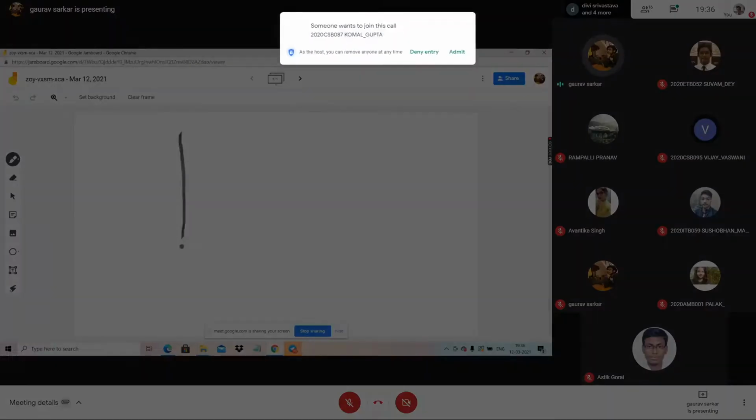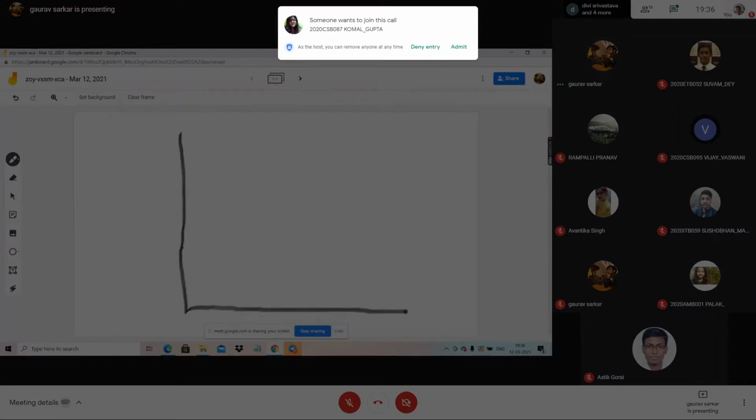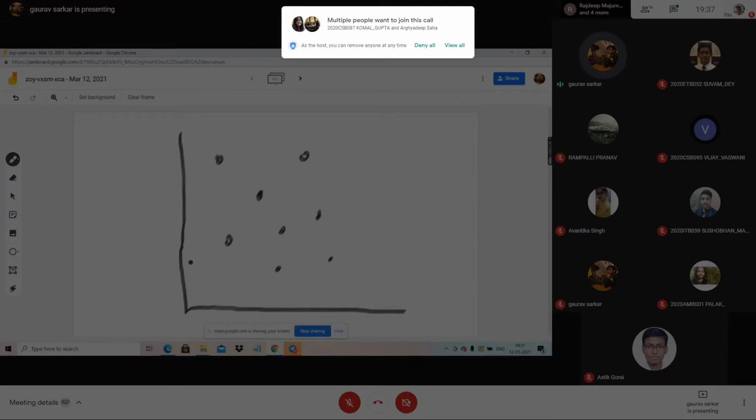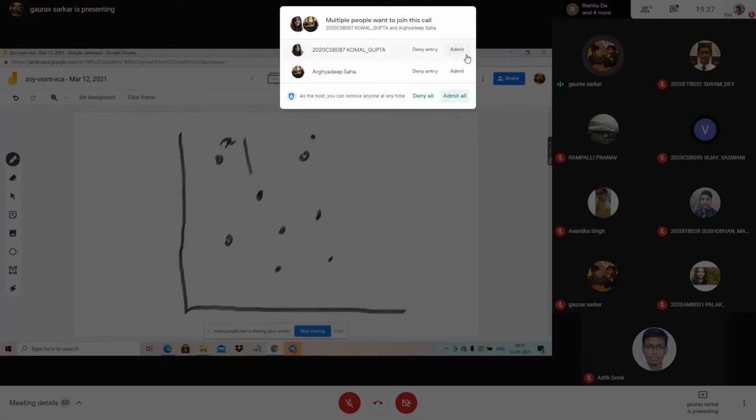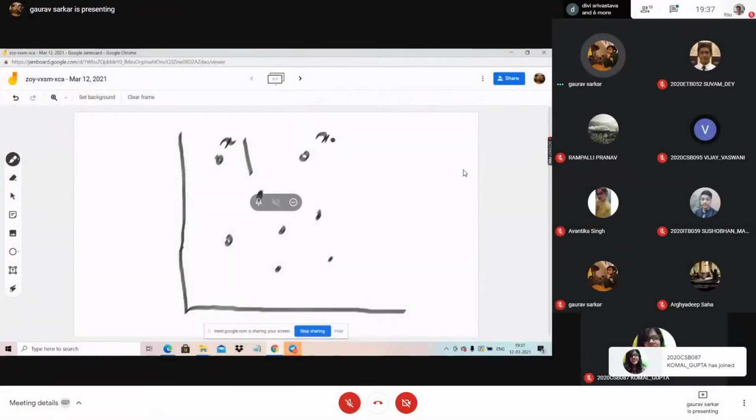Just to recapitulate, nothing else. Like last day I was speaking, there is a regression problem. How do you solve a regression problem? Suppose there are 5 to 6 points like this. There are various points. Now you have to draw a straight line. The straight line is your answer curve. You are fitting the curve to this data set. Suppose these are all the values. This is x1, this is x2. These are all values, and you are fitting the data.